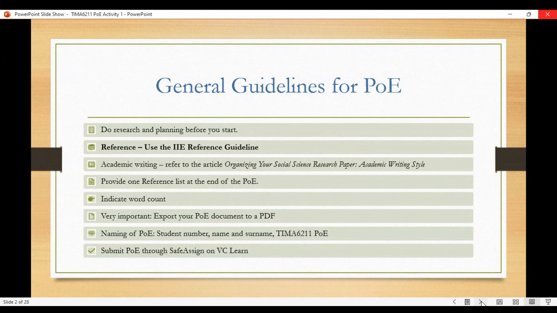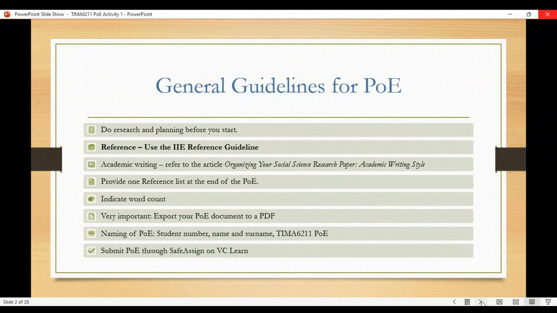Please indicate your word count for activity 1. This is very important, people. You've got a word count of 1,000 words and you have to adhere to that. We allow 10% above and below, so anything from 900 words to 1,100. If it's too long, you better get rid of all the fluff, delete all the unnecessary sentences or words, make one word for a few words. If you have repeated yourself, delete those sections to adhere to the word count.